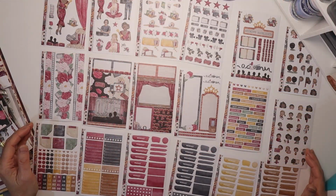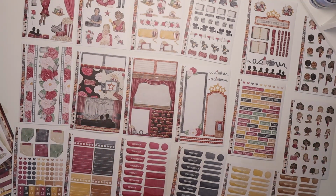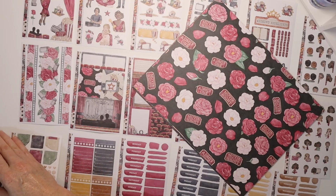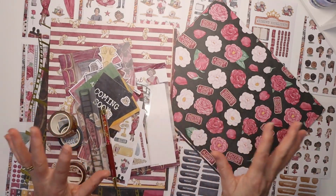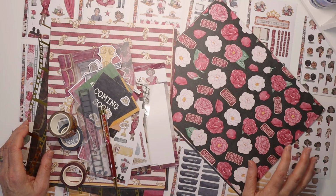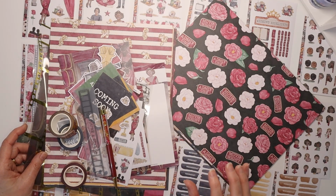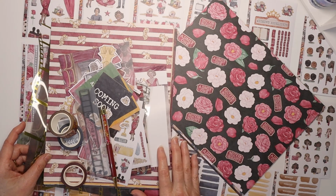And here's an attempt to show all of the 18 sheets of stickers. So many stickers. I absolutely love them. Oh my goodness. I'm right into this kit. I'm a real pastel coloured girl. I love my pastels, but oh my goodness, I love red as well. And I just totally love the theme of this kit and all of the icons. It is absolutely fantastic. So this was the Showtime kit from Planners Anonymous,